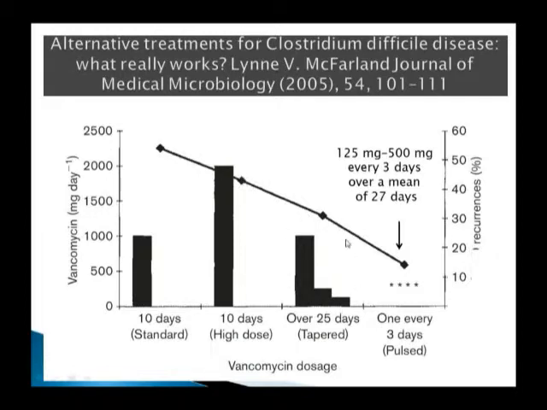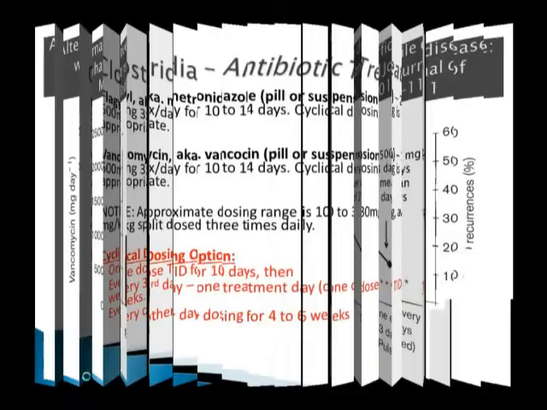Then they started to do a tapering dose, which, by the way, I learned about a number of years ago from an online gastroenterologist. They did a 6-week taper of vancomycin for Clostridium difficile, where you give a higher dose more frequently, and then as you drop it down, you decrease your dosing. That showed some benefit. But really where they got the long-lasting benefit is by pulsing it. Not dosing it every day, but doing pulse doses, in this particular case every 3 days. Well, why do you think that would be?